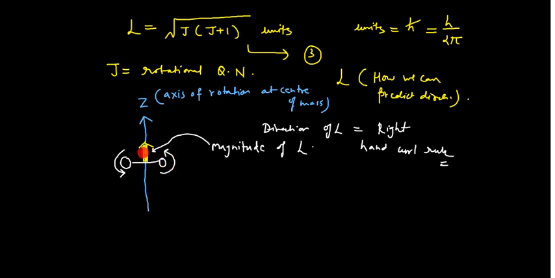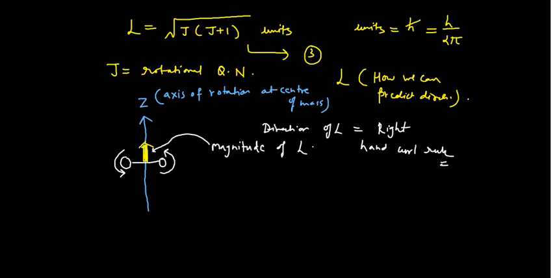And this motion of this heteronuclear diatomic molecule will give you the angular motion, and this angular motion will generate your angular momentum. And that angular momentum is what? It is the one in yellow color, whose direction is predicted by the right hand curl rule, as I have shown you here. And whatever the length of the arrow we make, that length would be directly proportional to the magnitude of the angular momentum. This is something very, very important to note. I hope this is clear to you.